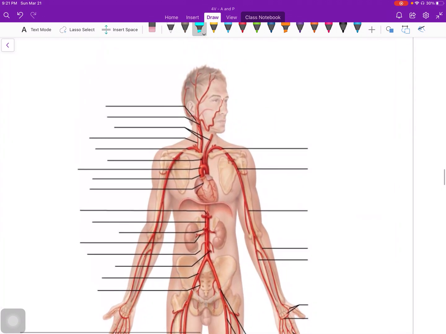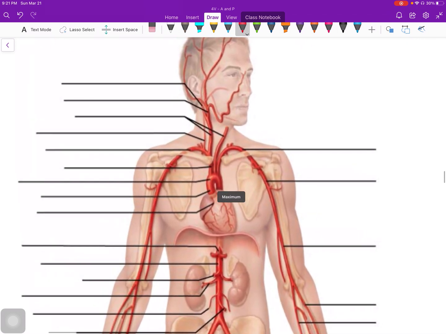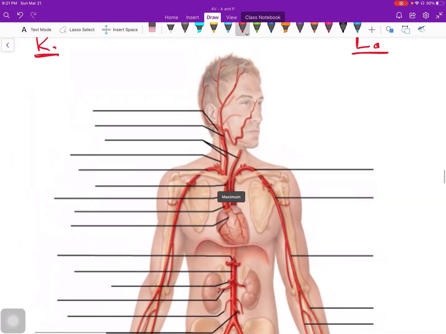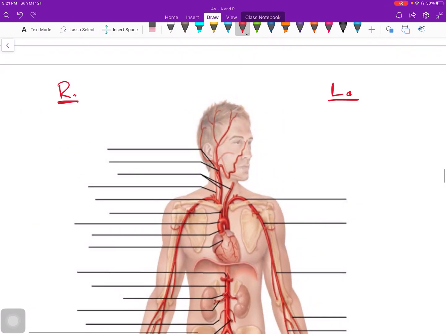All right, so I need to know anatomical right and anatomical left. So the first thing I'm going to do is label that so I don't get confused. All right, so now let's start from the top, and it's following this along. If you follow this one right here, you can see this top one eventually goes inside and deep. And so that makes it my right